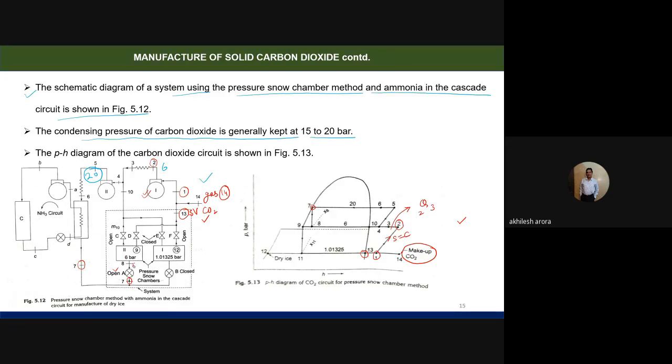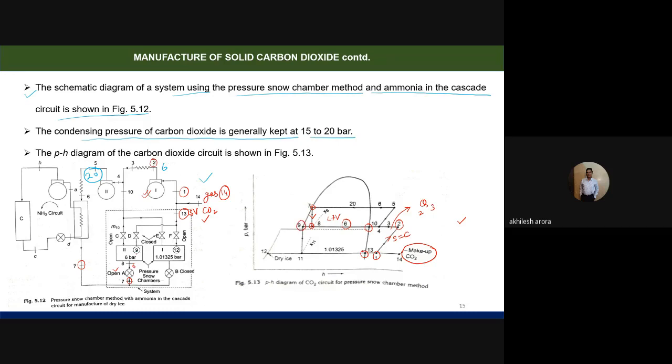So the pressure here is 6 bar. You can see here, this is point number 7 to 8. The expansion takes place up to a pressure of 6 bar here. And this 8 is a combination of liquid plus vapor. So here we have liquid plus vapor. So vapor is present at point number 10, whereas the liquid is present at point number 9.